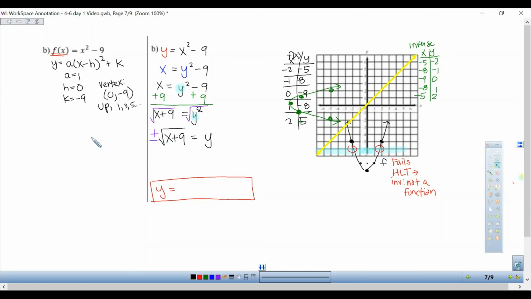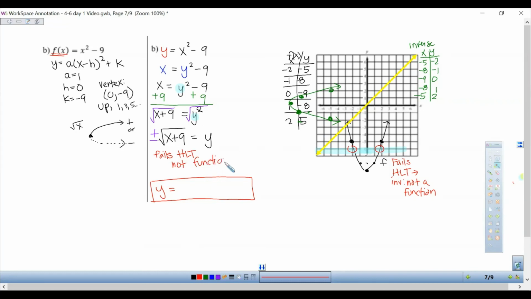So remember that when we graphed a square root function, it looks like that. So the minus is giving us that bottom half. That's where this part of our graph is coming from. So this is the plus and this is the minus, and that's why our graph looks like that, which is why it failed the horizontal line test originally, because our graph of the parabola was not one-to-one. So it's not a function,